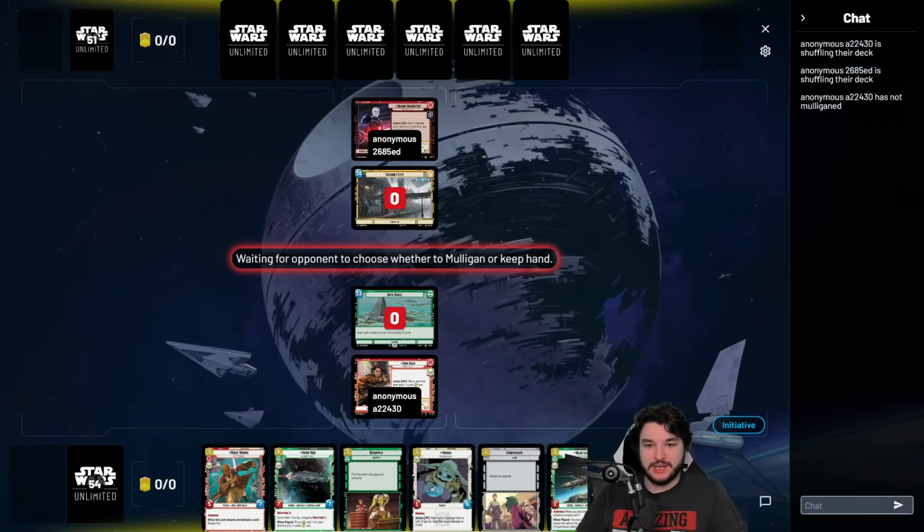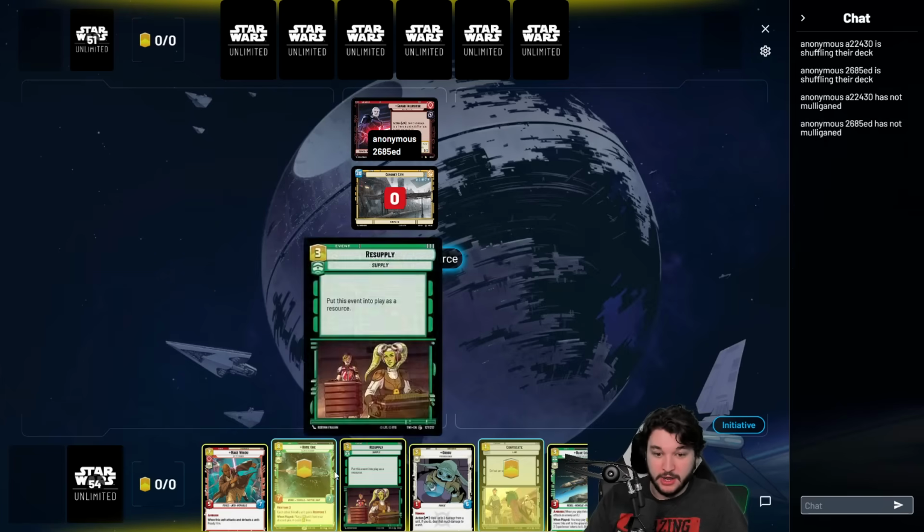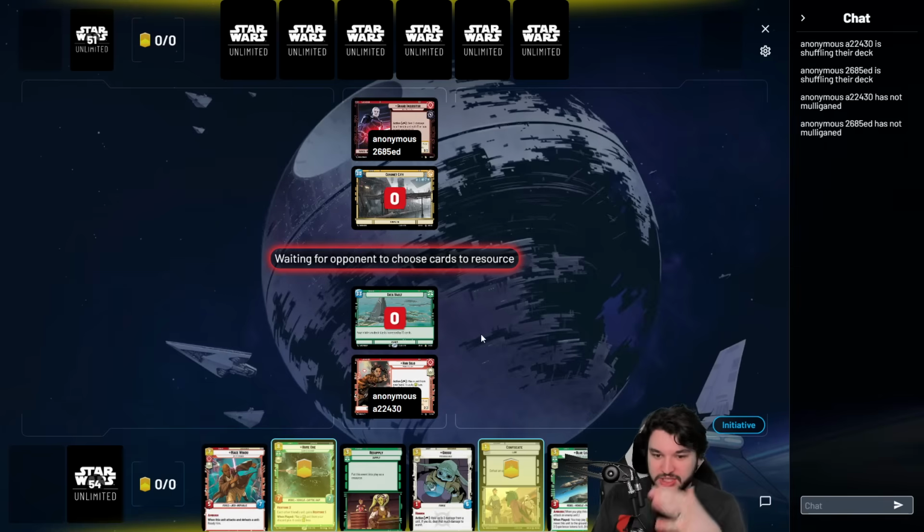Into our first matchup, I actually do quite like our hand. I think Blue Leader could potentially be good, but I really am just most excited about Grogu and Home 1 and Resupply in this matchup. Just getting, you know, to our later game plays earlier, and then Grogu is actually really good up against Grand